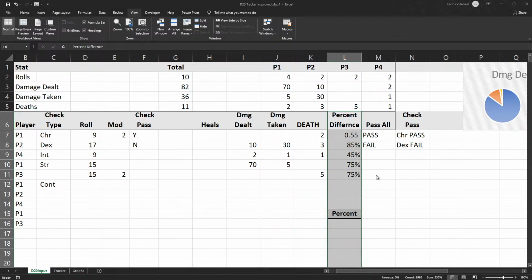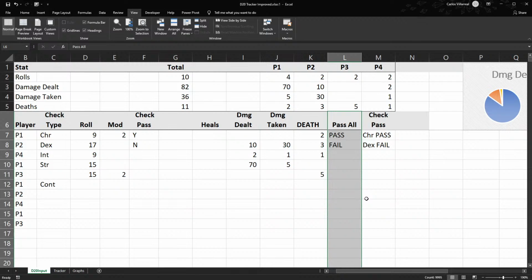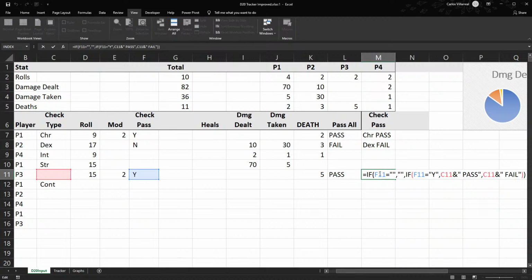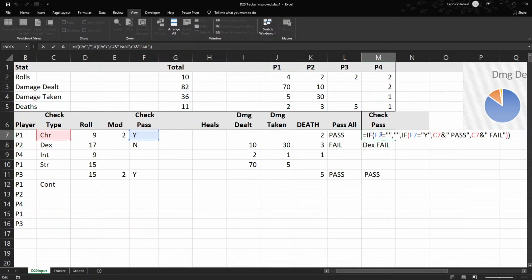Let's go delete, shift left. Probably should have done shift up, but that's okay. So we have our pass all and we have our fail. So let's just make sure that would still be the case here. So if this was a Y, this should not have popped up, right? Oh, because it's based on that. Ah. So for these, we're going to do if